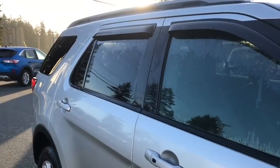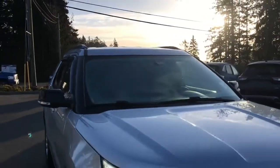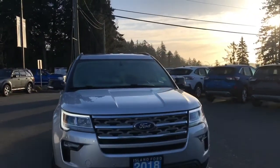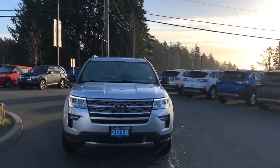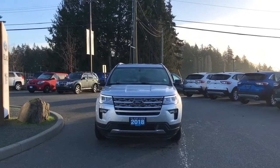Passenger side capless, easy fuel gas filler, privacy glass in the back windows, roof rails, heated and powered side view mirrors, auto high beams, fog lights, front sensors, and so many more reasons to visit us at Island Ford Superstore,